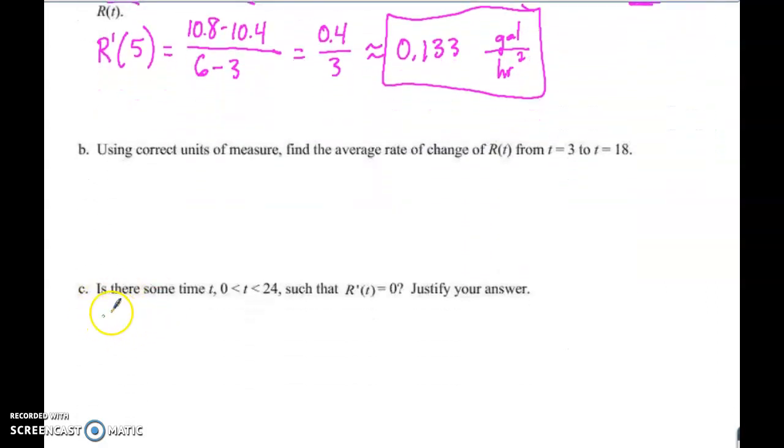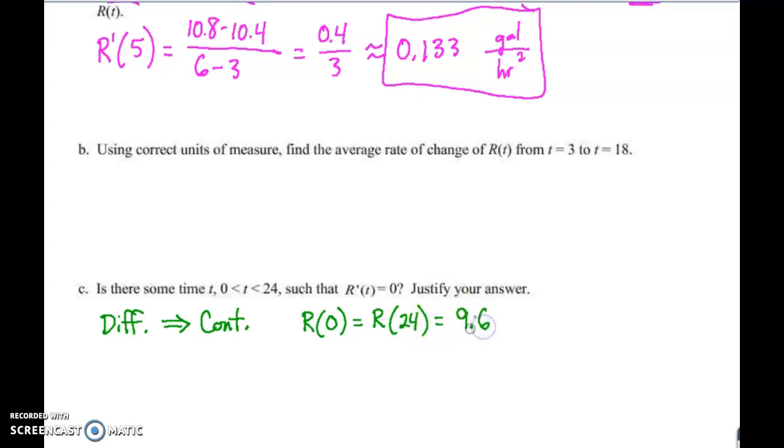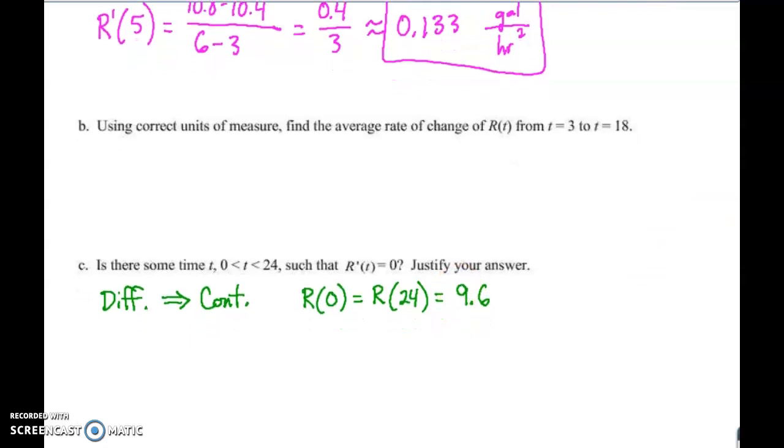Okay, so what we have is a differentiable function. Differentiability implies continuity. So that's important to mention: it's differentiable on the open interval, it's continuous on the closed interval. And because r of 0 is equal to r of 24, and I believe it was 9.6, I can go back up there and double check that, then what we can state is that Rolle's theorem applies